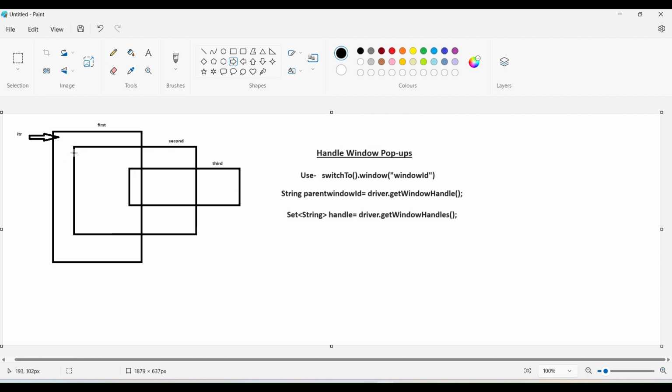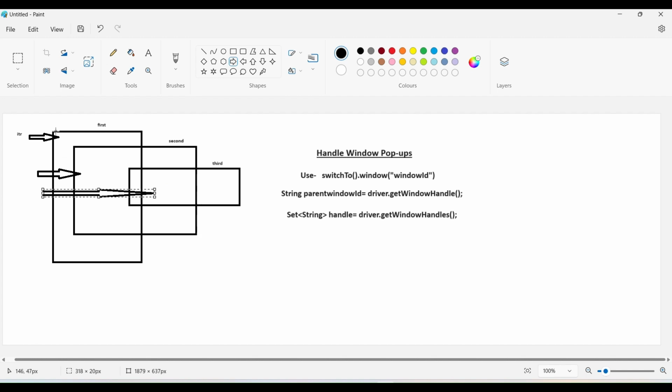When you do the next method, this will give you the current window id. Again when you use the next method, this will give you the second window id, the child window id, right? And when you select the third window, when you call next the third time, this will give you the third window id.